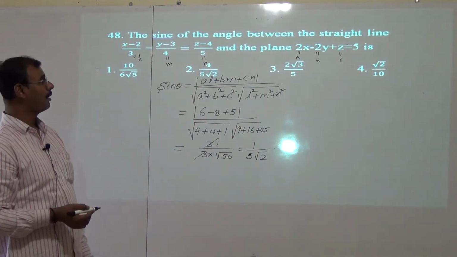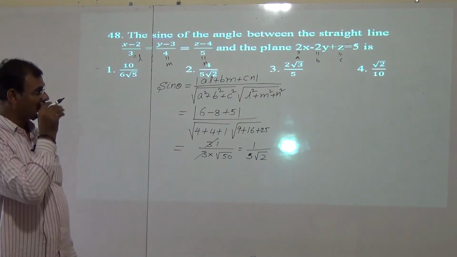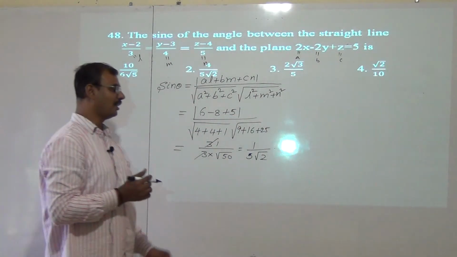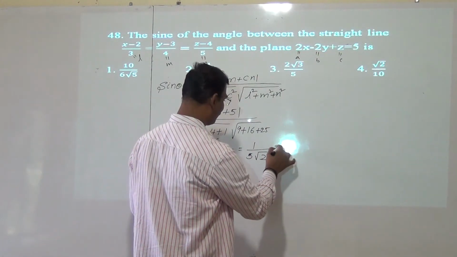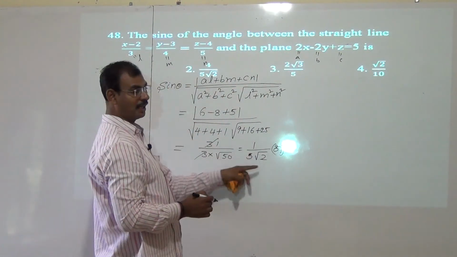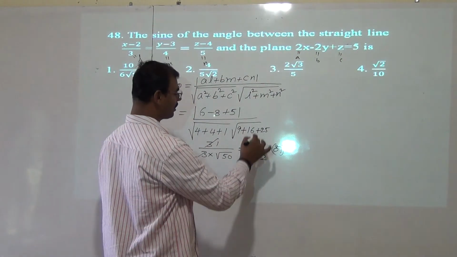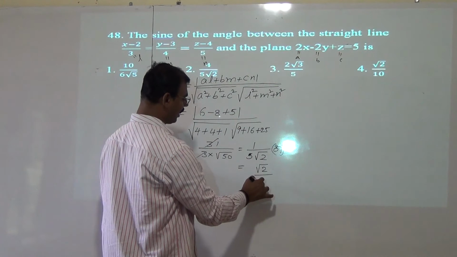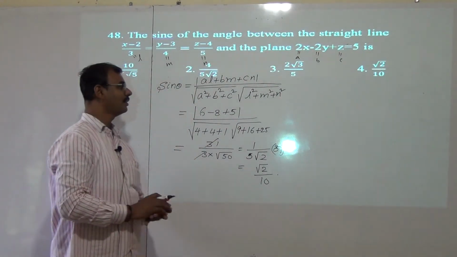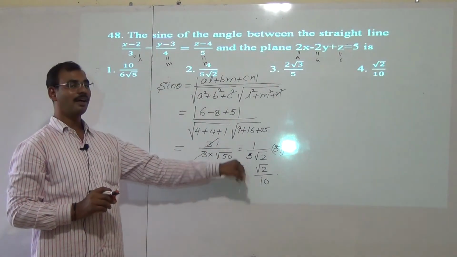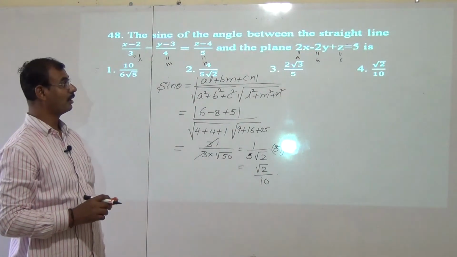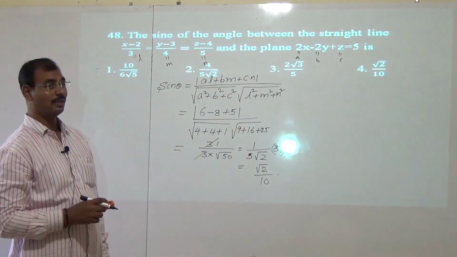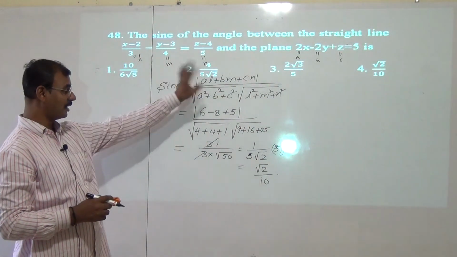Is there a 5 root 2 in the options? No. See here, we can also write it by multiplying and dividing by root 2. This becomes square root of 2 divided by 5 into 2, 10. So he has given it in the other way, and you have to find it out compulsorily. Sir, 1 upon 5 root 2 is not there in the options, so the problem is wrong. Don't think like that. It is there, we have to see.